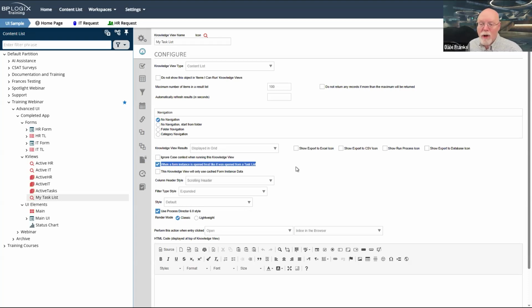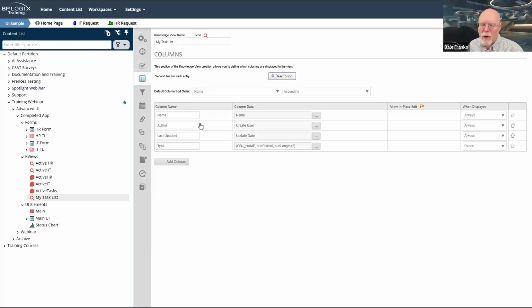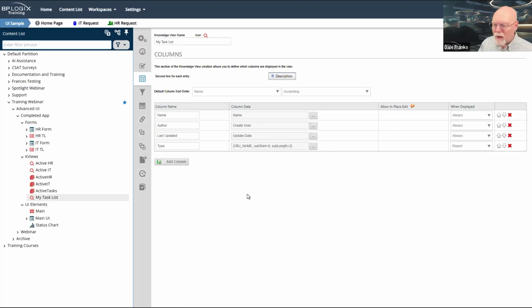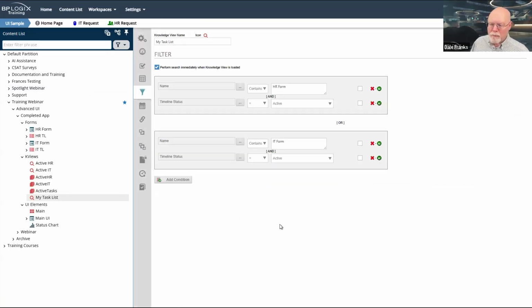And what it enables you to do is to have the full range of options available to you for what you would like to show your end users and what permissions you would like to give them, what actions you would like them to perform. And so you lose all of the constraints that would apply if you chose a task list knowledge view. So you still get full control over it. You can, of course, pick your own items here. You get to show form fields. It's a pretty cool deal to be able to have. And of course, you can filter it.